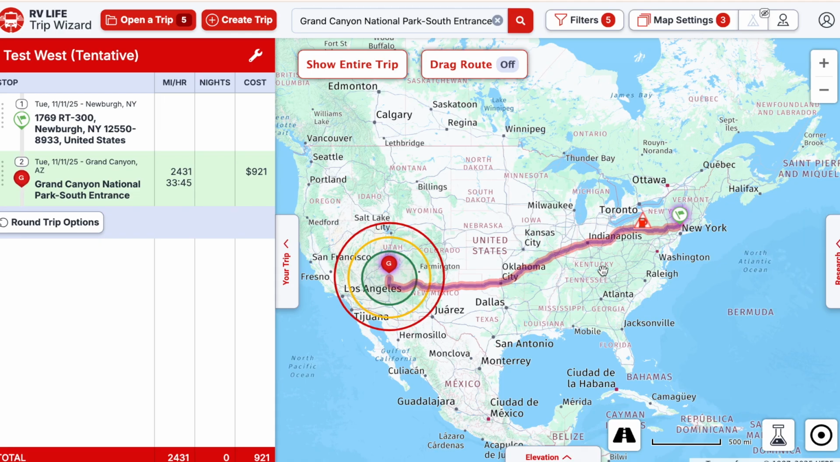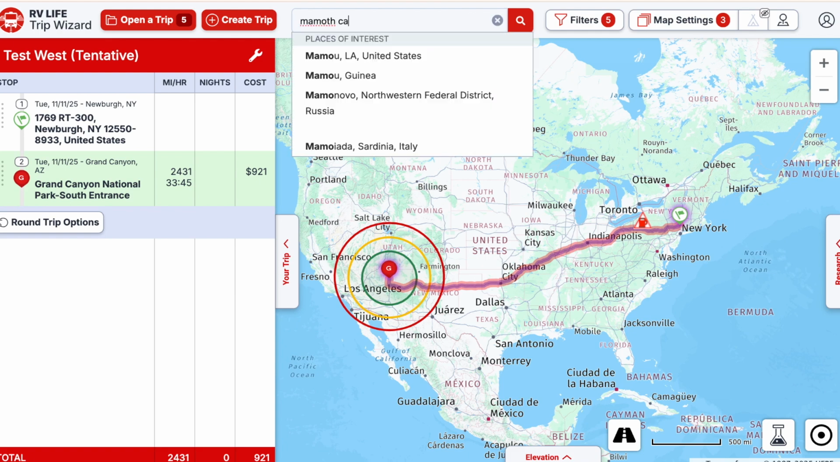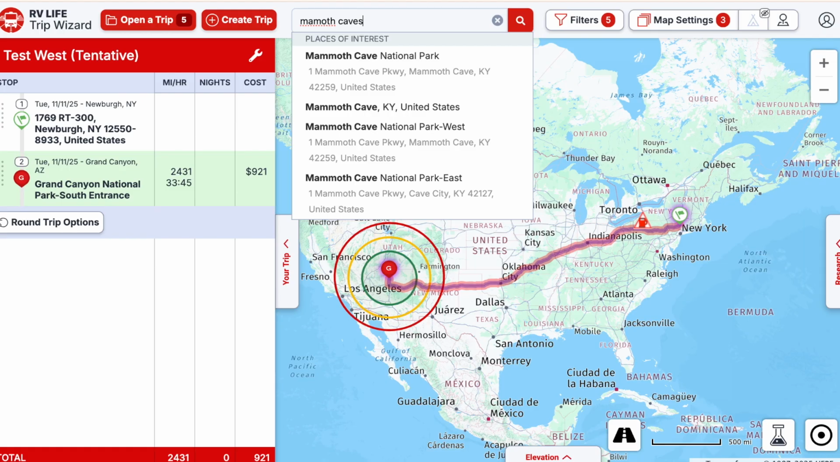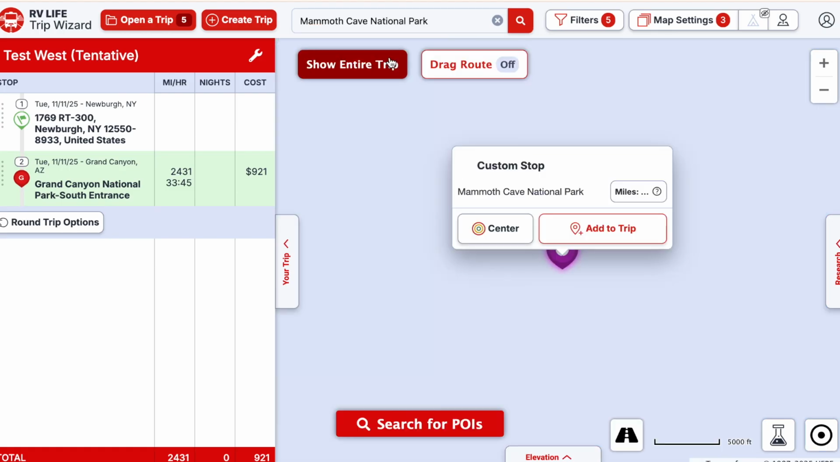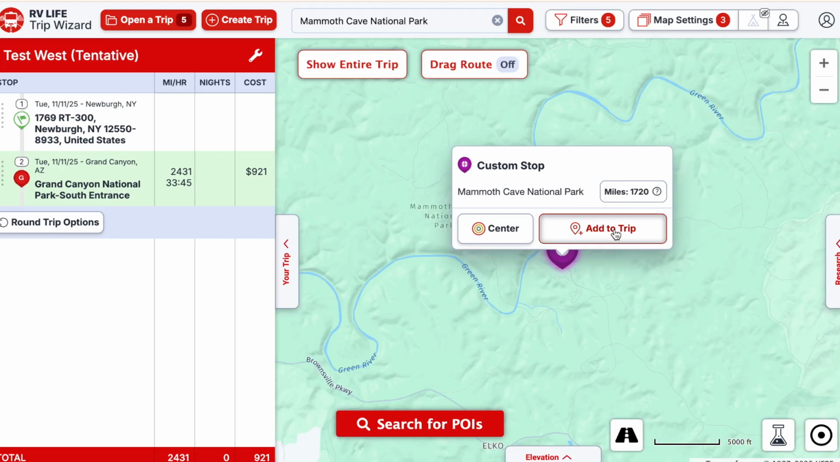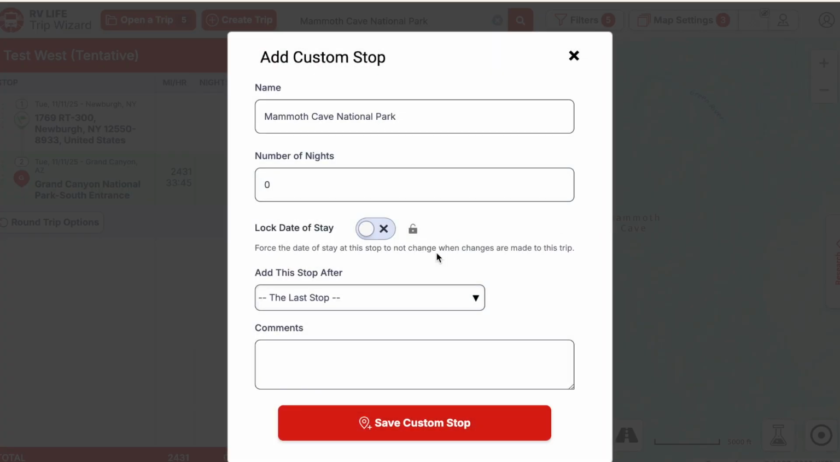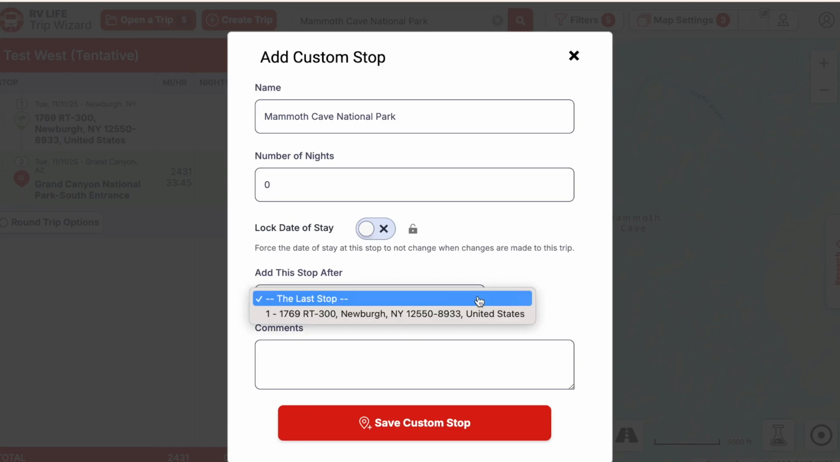I see we're near Kentucky, and over in Kentucky there is Mammoth Caves, it seems to me. There it is. Mammoth Caves. So we're going to add that to the trip. We're not spending the night there, so not number of nights. We're going to add it in